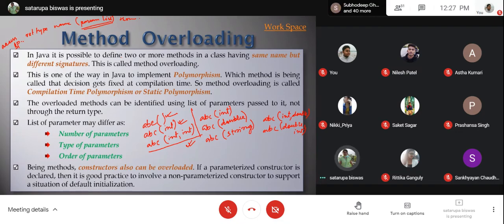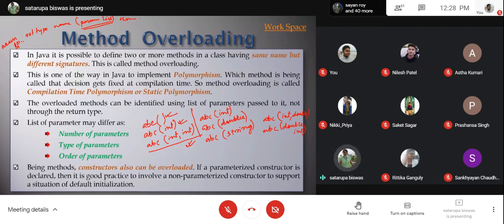So polymorphism is same named method having different purposes. This is called method overloading, where the differences between the methods are being settled using the parameter list. Return type will not matter anything. If you have same parameter list, same name method with different return types, that will never be judged as method overloading. Okay. So the compiler will give an error that you have the exactly same method in your program, which you cannot have. Okay. So return type doesn't matter anything.